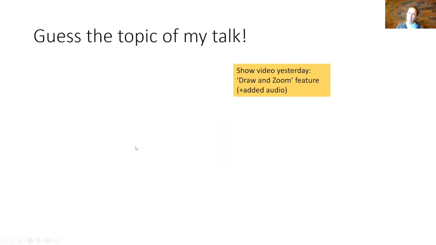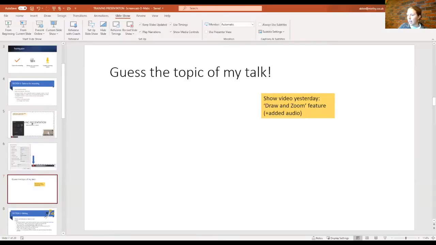So there is one other feature that's a little bit fun that you can play around with on Screencast-O-Matic, and that is the draw and zoom feature. The zoom, I haven't quite worked out what it does, to be honest, but the draw feature I can show you now. And